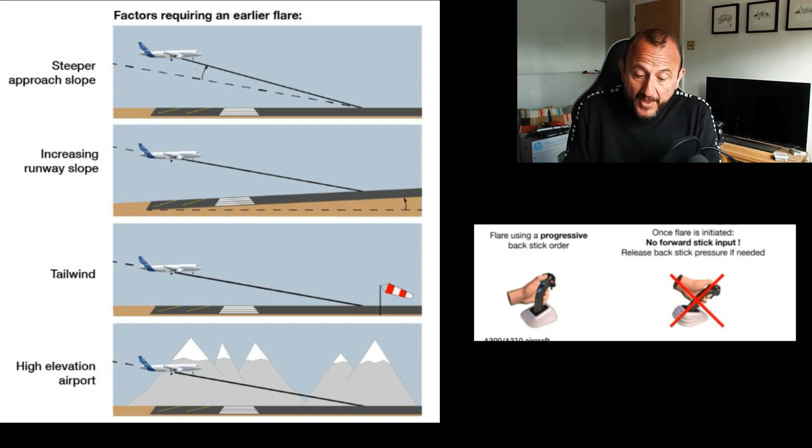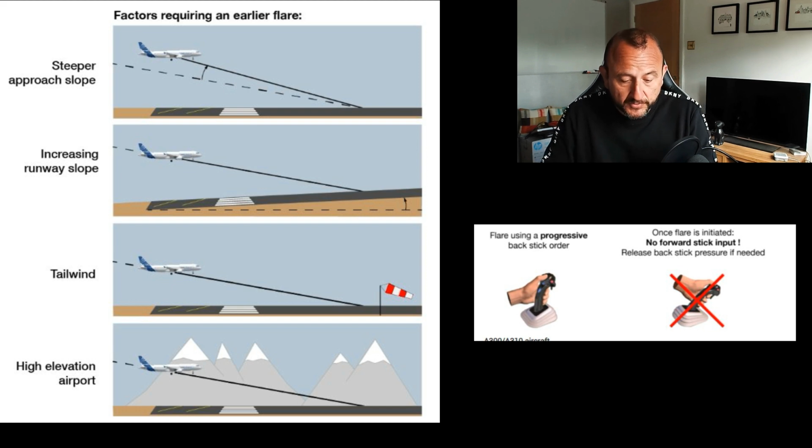And of course, a reminder on Airbus fly-by-wire aircraft, the pilot should apply a progressive and gentle backstick order until touchdown. Remember, the aircraft's trimming forward to give you that artificial feel. The pilot flying must avoid forward stick once the flare has been initiated. The pilot flying can gradually release the backstick if required, but the pilot flying must perform a go-around if a normal touchdown point cannot be reached. So it's just a reminder here, there's no need to push forward once you start the flare. You can just relax the back pressure, and if you're not going to land in the normal touchdown zone, then